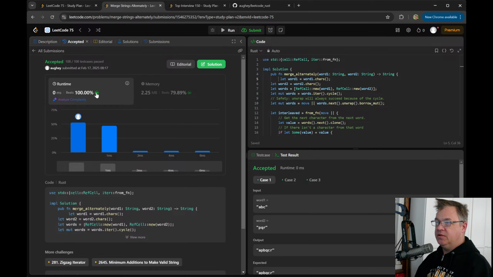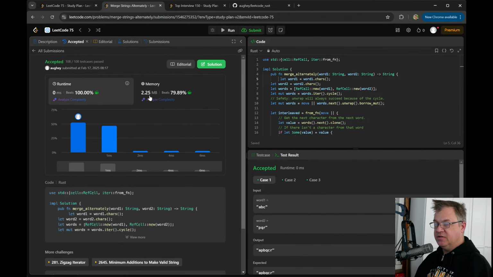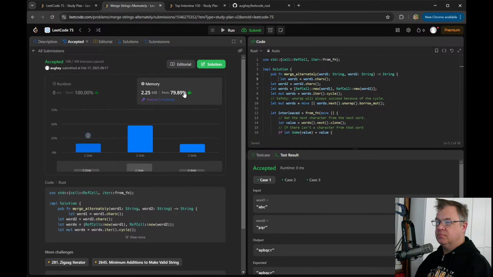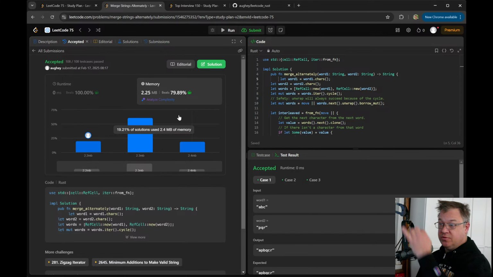Wow, they have 108 test cases. That's nice. Interesting about the memory. I mean, we're at 2.2, 2.3.